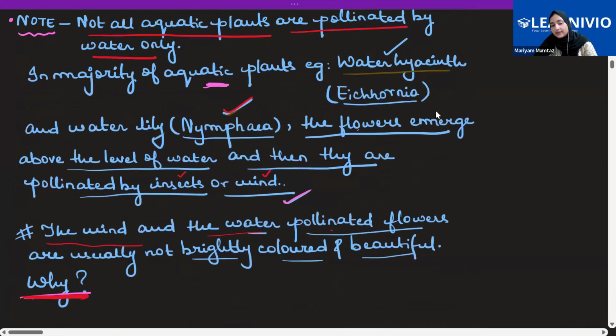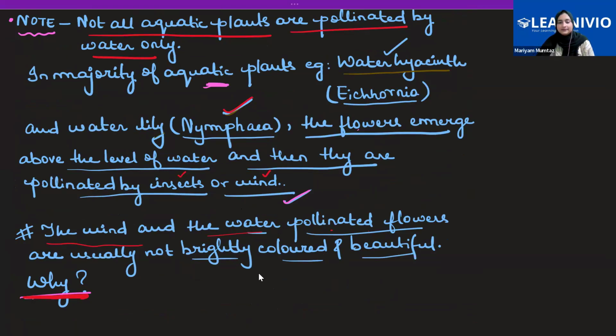Now, one such question comes to mind: the wind and water pollinated flowers are not brightly colored, they're not beautiful. Can someone tell me why? Why so? Because it doesn't need to be pollinated by insects. Speak a little louder, Safina. Speak loudly. Mom, it doesn't need to be pollinated by insects,